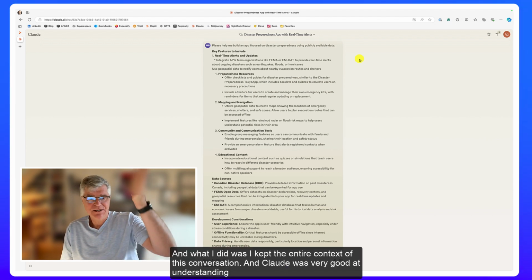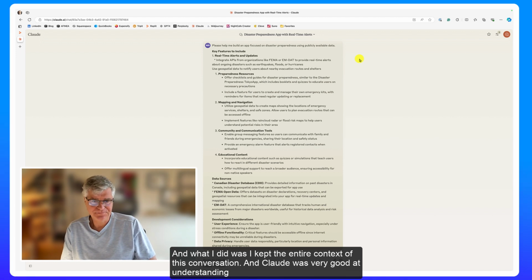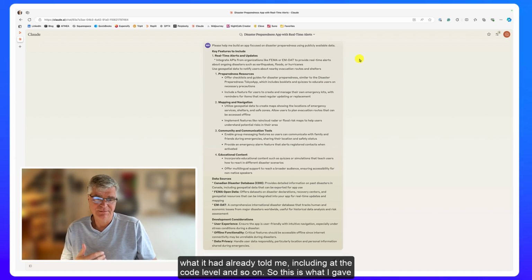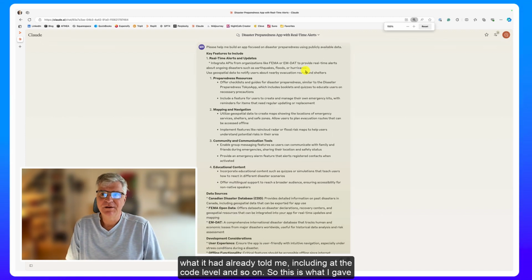And what I did was I kept the entire context of this conversation. And Claude was very good at understanding what it had already told me. I read at the code level and so on. So this is what I gave it to begin with as a